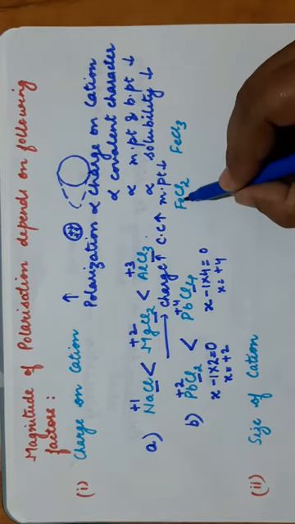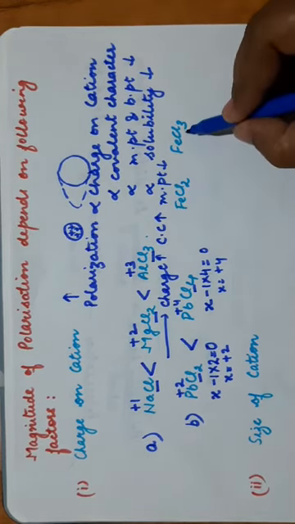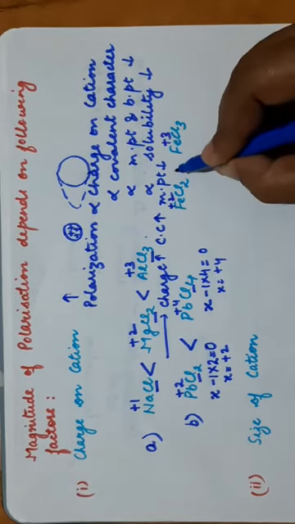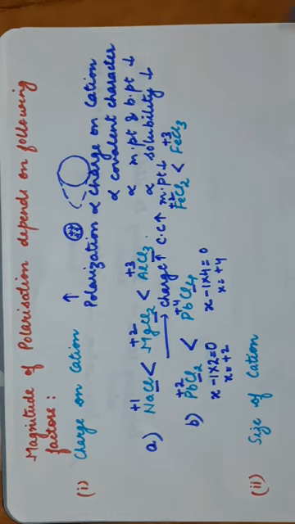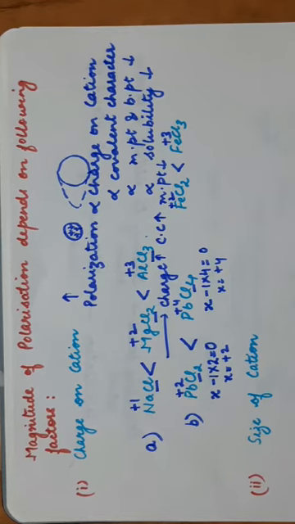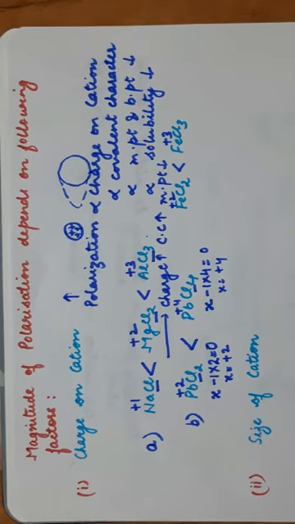Clear? Next case is FeCl2 and FeCl3. Here charge is +2, here charge is +3. Greater the charge on cation, greater will be the covalent character, lower will be the melting point. So this plays an important role in discussing the properties of the inorganic compounds. When we discuss about the solubility, about the melting and boiling point, Fajans rule plays an important role in arranging them in the increasing or decreasing order of different properties.